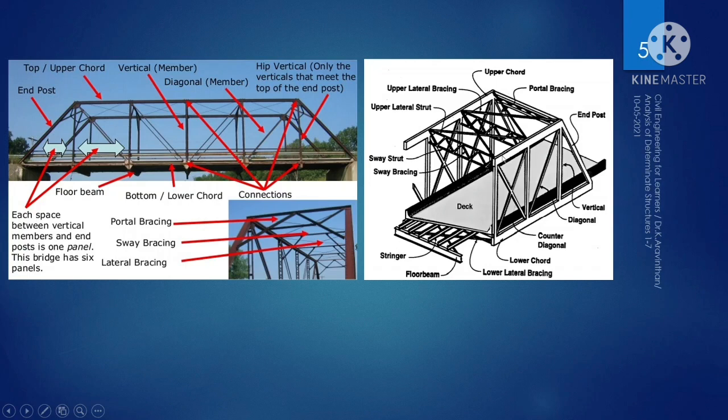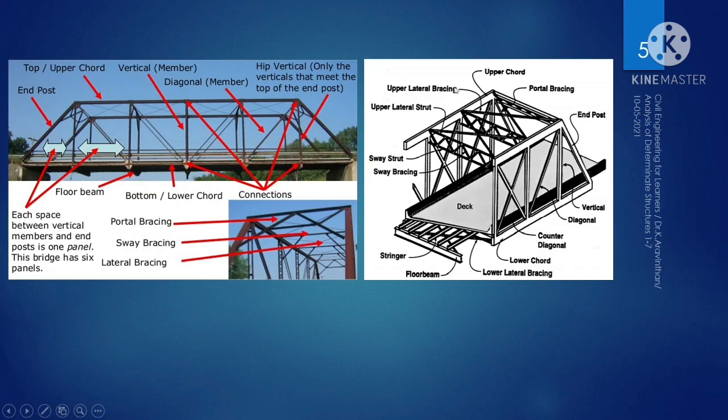In some cases certain bridges take the load on the upper chord, and certain bridges take the load on the lower chord, and these are the diagonals. Another member is known as the sway strut. This allows the member to be stable during horizontal load. It reduces the sway, that is lateral deflection. This is known as the sway strut, and the members inside this sway strut are the sway bracing. In order to give stability to the sway strut, the sway bracing is provided.